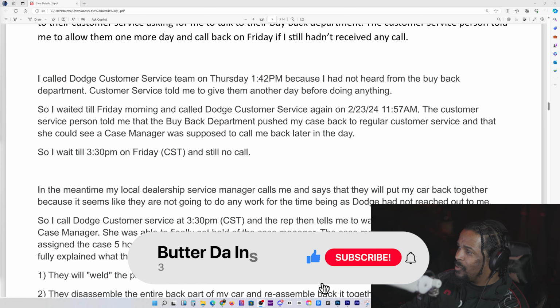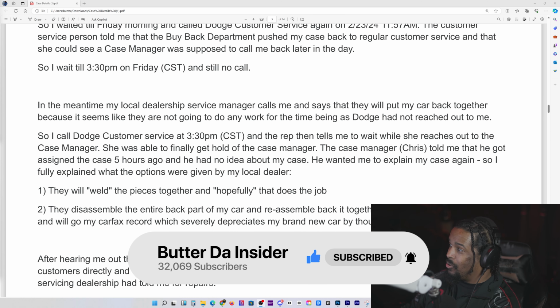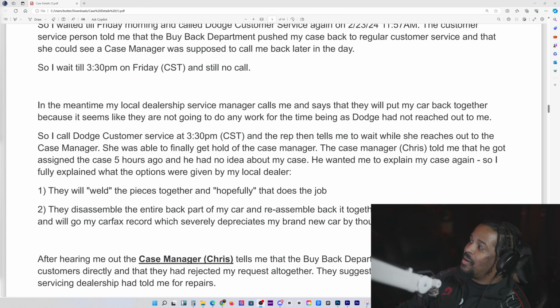The customer service person told me that the buyback department pushed my case back to the regular customer service and that she could see a case manager was supposed to call me back later in the day. In the meantime, my local dealership service manager calls me and says they will put my car back together because it seems like they are not going to do any work for the time being as Dodge has not reached